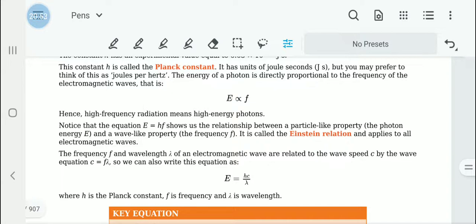We call this relationship the Einstein relation, and we use this as E equals hc upon